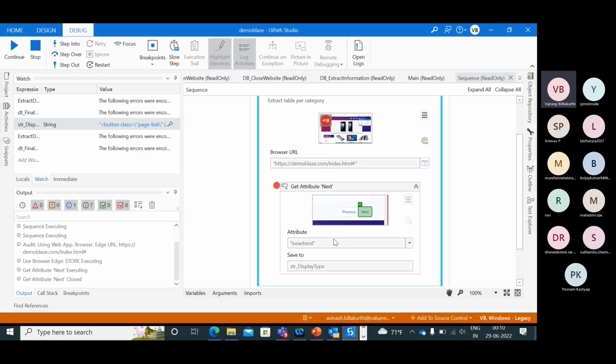Can we use image exist? Yes, we can use image exist. But the problem is if the image is at the bottom, how can you find if the image exists or not? Did you understand my point, Mahadevi?